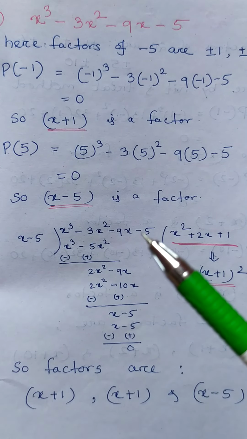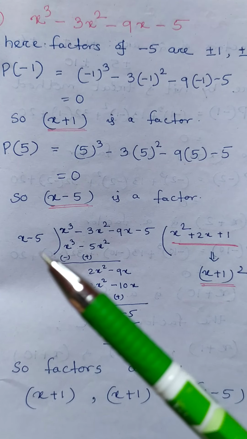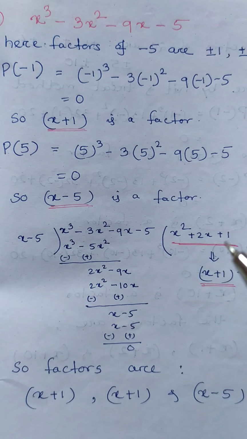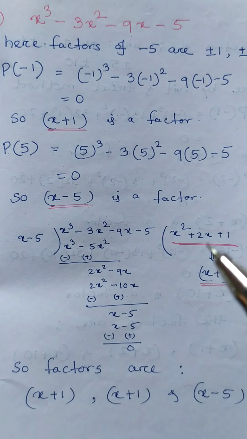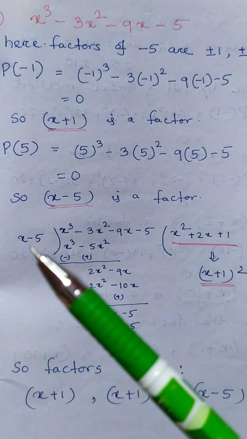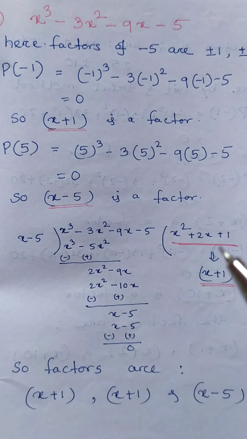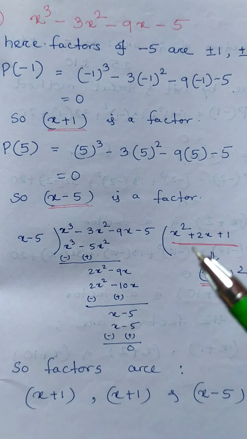So this is the given polynomial, this is one of the factors, and I got here a quadratic polynomial as quotient. But remember students that while solving for the factors, we always need linear kind of factors. As this is quadratic, it cannot be considered as a factor of this polynomial. No doubt x minus 5 is a factor, but this cannot be considered as a factor. So it needs to be solved again.